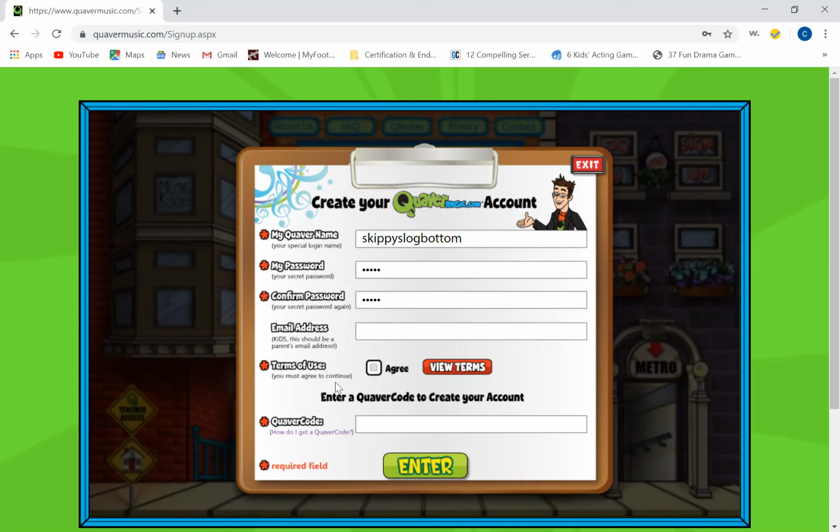You don't have to put an email in here. If you do, it's suggested you use a parent's email. It's not one of the things that's required. One of the advantages of having the email is probably a level of security. You will get an email that asks you to opt in, but also if you have to reset a password or anything like that, it's nice because you'll have that email address. I'm going to agree to the terms of use, and then my Quaver code for this classroom